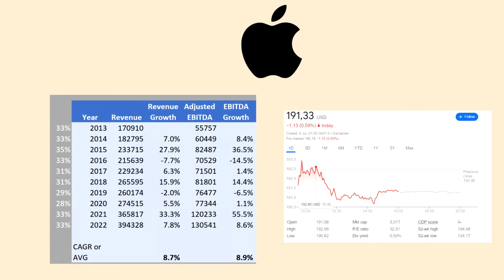Let's have a look at the company of Apple. We see them steadily grow their revenue as well as their EBITDA by about 10% annually for the past 10 years. Many people would consider Apple a growth stock because they've been heavily outperforming inflation for the past 10 years. The moment that you look over at their share price, however, you realize that Apple is the biggest company in the world and currently trading for $191.33, which is arguably not a discount to its underlying fundamentals.